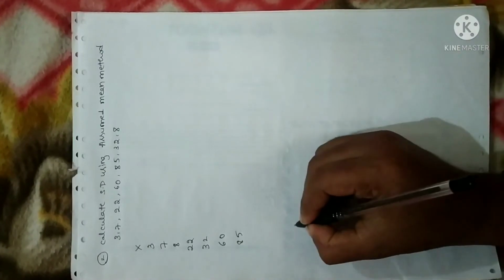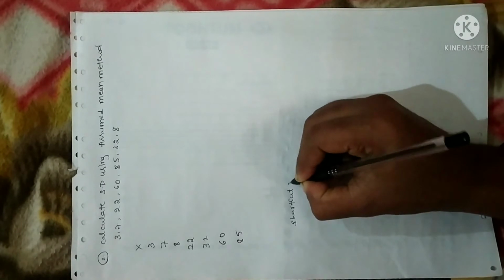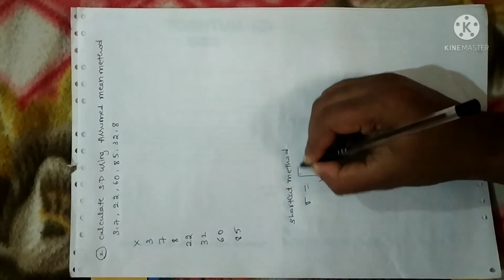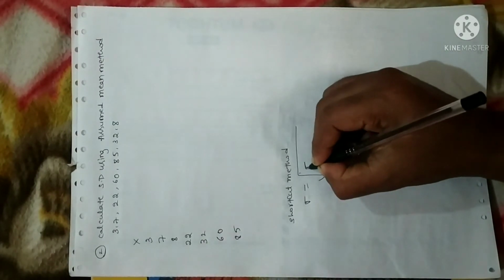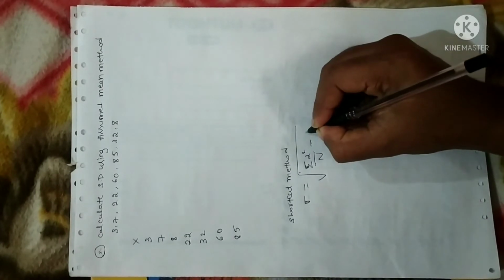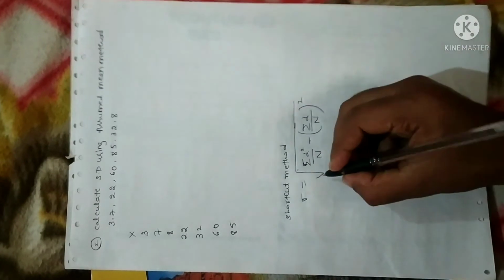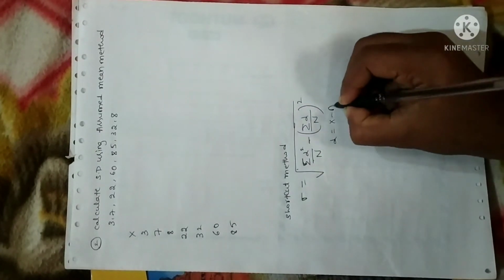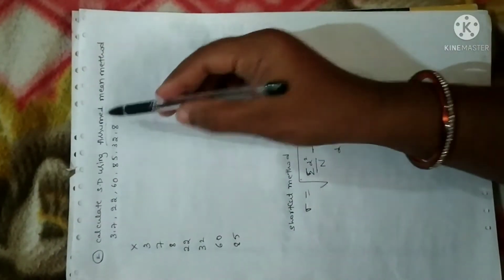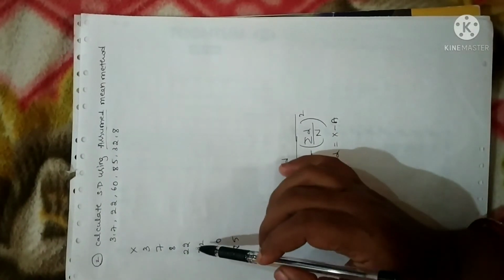Now write down the formula for the assumed mean method. What is the shortcut method? I am going to use the shortcut method formula. It is given by sigma is equal to, either you can use shortcut method or step deviation, it's up to you. Anyhow you will get the same answer in any of the methods. So it is given by the square root of sigma d square by n minus sigma d divided by n whole square. It is very easy to remember, where d is calculated using the assumed mean. When the word assumed mean comes, it is understood we have to assume the mean from the column X.